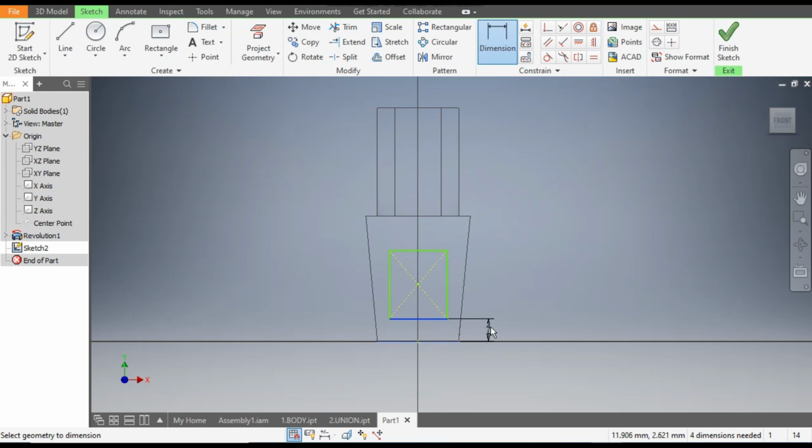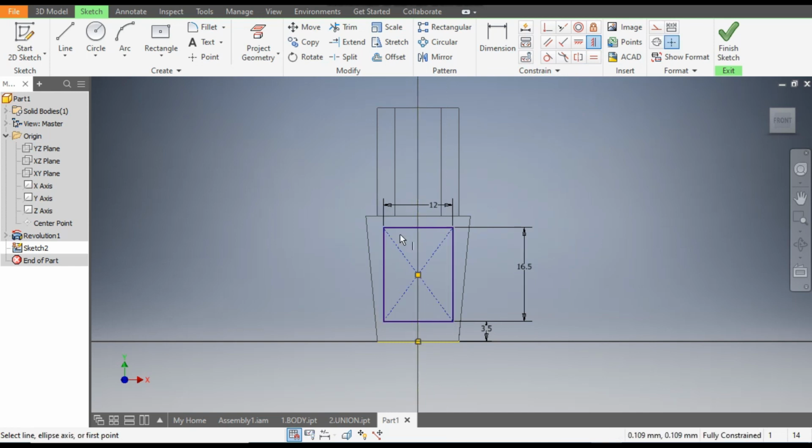From bottom this will be at a height of 3.5 and the width of this will be 12 and height 16.5 mm. Okay. Now go to vertical constraint, select this midpoint and select the center point. It is vertically aligned. Now finish sketch